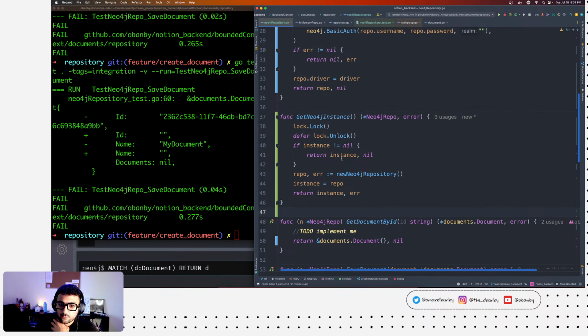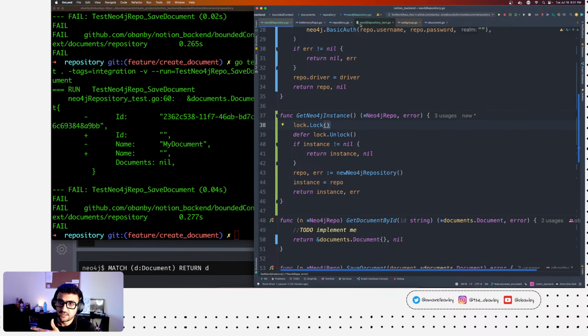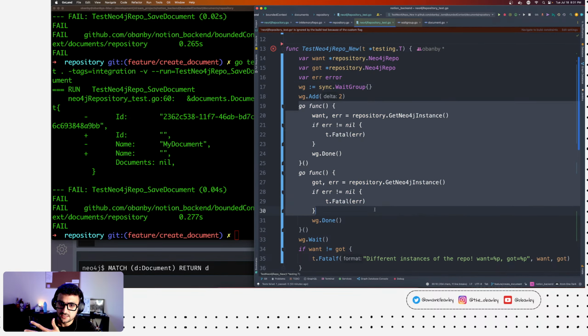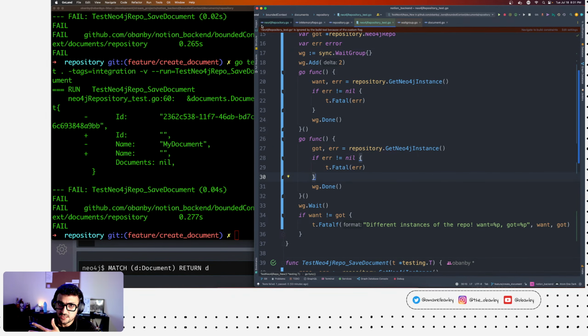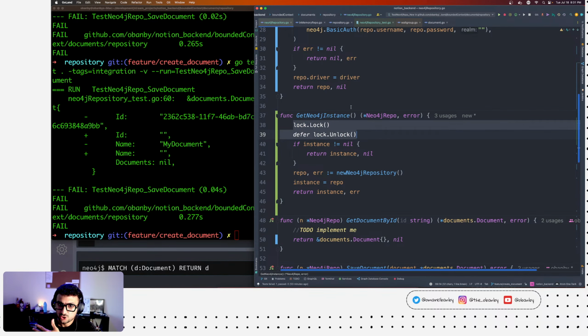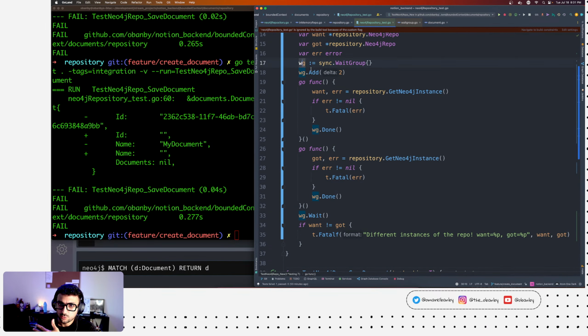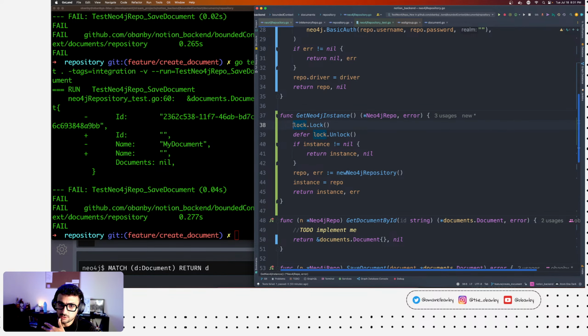So again, we refactored the save document. We looked into how we do a singleton pattern. We talked a bit about testing concurrency, and we talked a bit about Go routines. We also used wait groups and learned how to do wait groups. We also learned about locking and how to do locking, and the chat was extremely helpful and also pointed out that we can use a read write lock. The case wasn't needed here, but it got it to our attention. It's something I didn't know about, so we all learned about that.